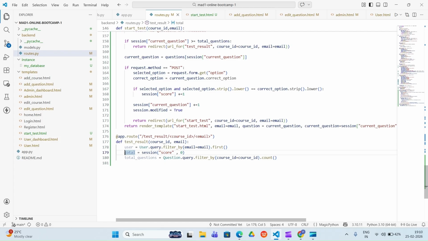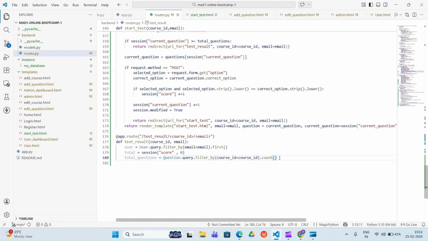Then we are taking the score for that particular user. We have given one variable name as total, which contains the score of a particular user, and if there is no score, it will take zero. Next is the total questions, which is the count of all the questions.